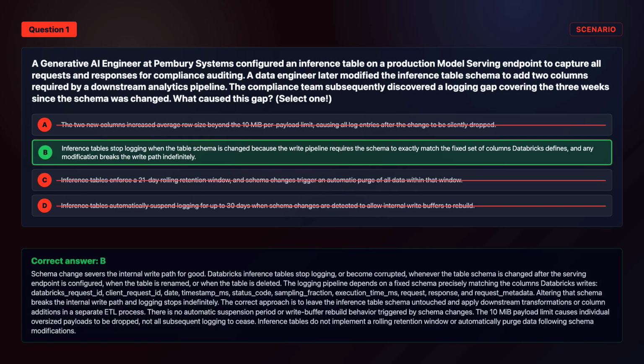The correct answer is option B. Schema change severs the internal write path for good. Databricks inference tables stop logging, or become corrupted, whenever the table schema is changed after the serving endpoint is configured, when the table is renamed, or when the table is deleted. The logging pipeline depends on a fixed schema precisely matching the columns Databricks writes,